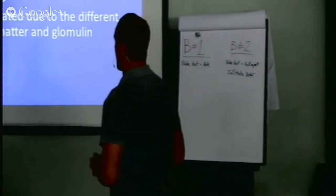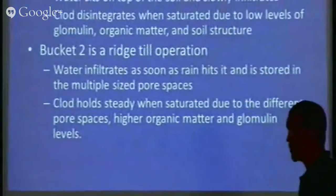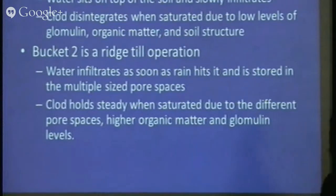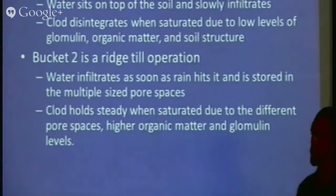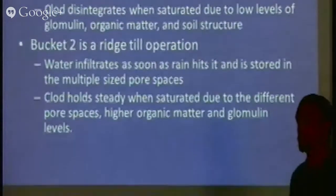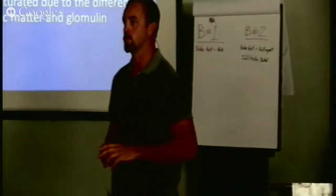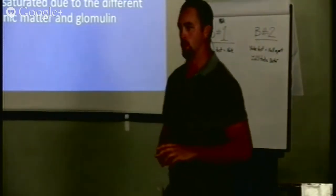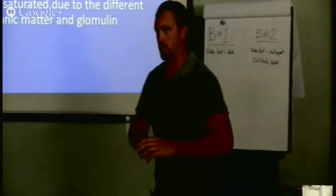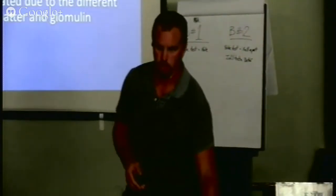And bucket 2, the clod holds up steady when saturated due to the different pore spaces like I described outside and the higher organic matter and glomalin levels. Okay, then that would explain why some of these, where we see the 7.5-inch rain, that ground ends up getting flattened out like a pancake. Yes. It's because it's so hard that soil particle then